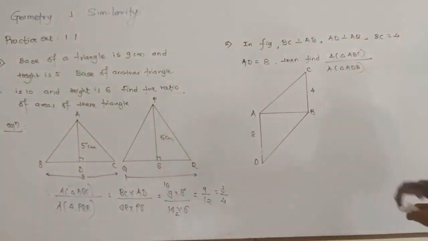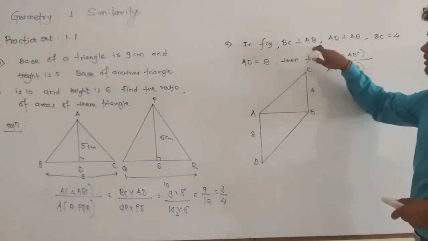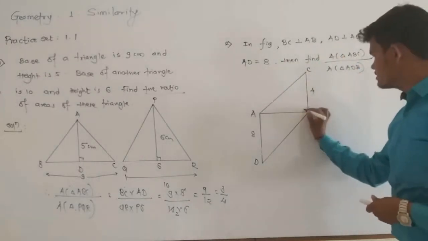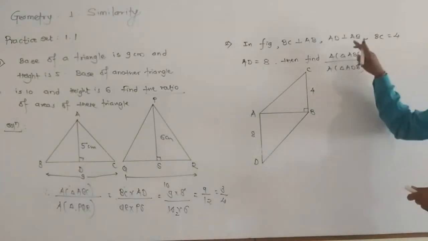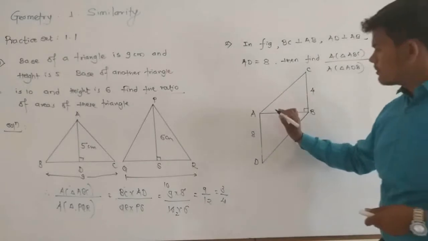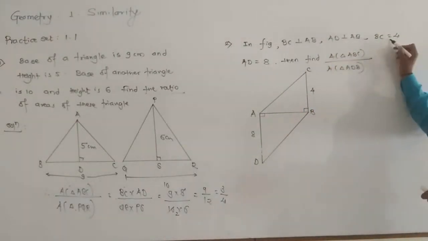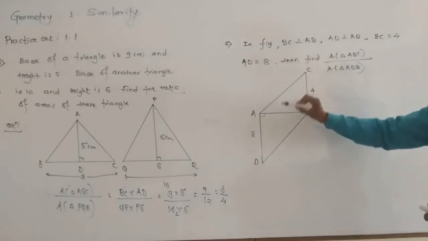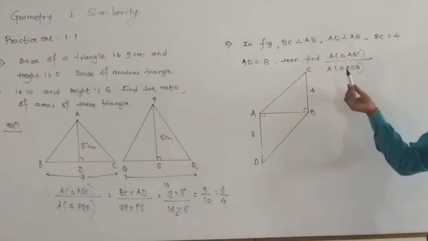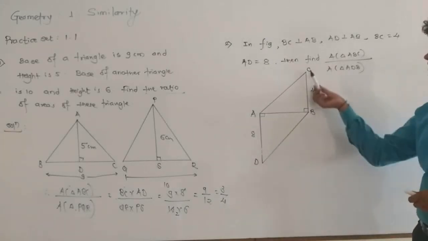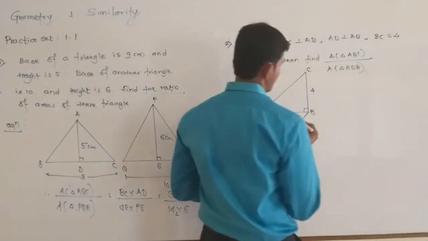Okay. Now the question number second is, in the figure segment BC is perpendicular to AB. Segment BC is perpendicular to segment AB and segment AD is also perpendicular to segment AB. Also given that length of BC is 4 and length of AD is 8, then find the ratio of area of triangle ABC to area of triangle ADB. Okay. Solution: